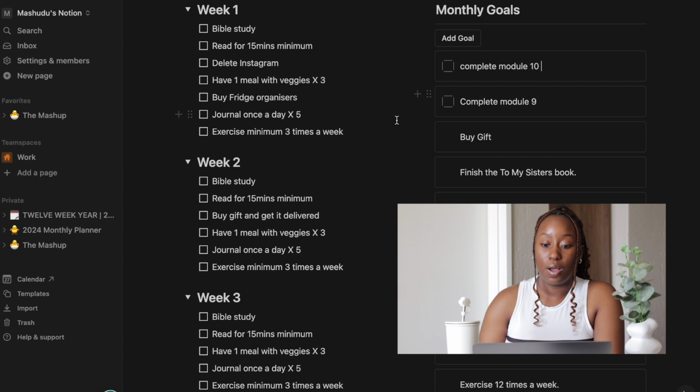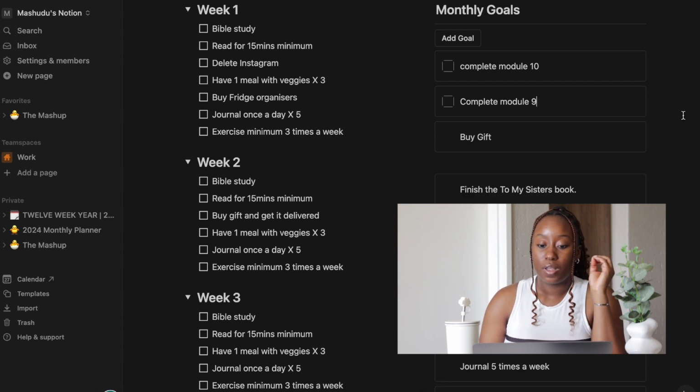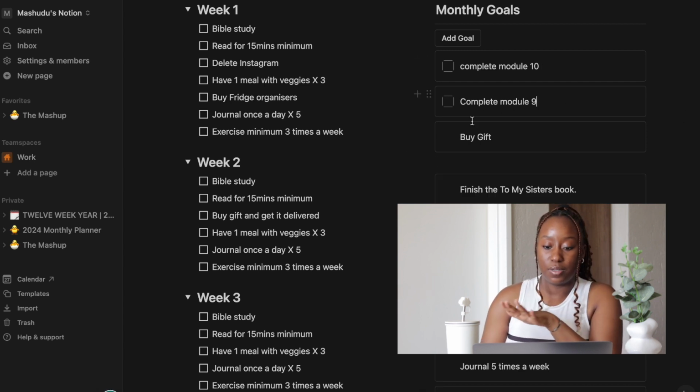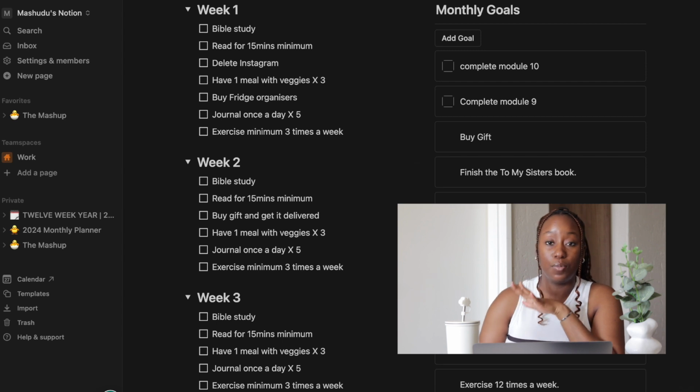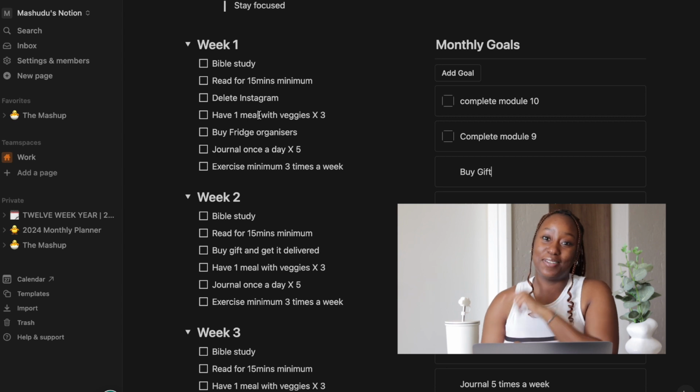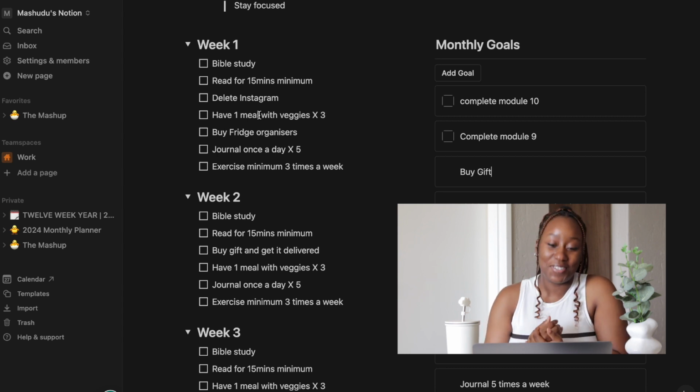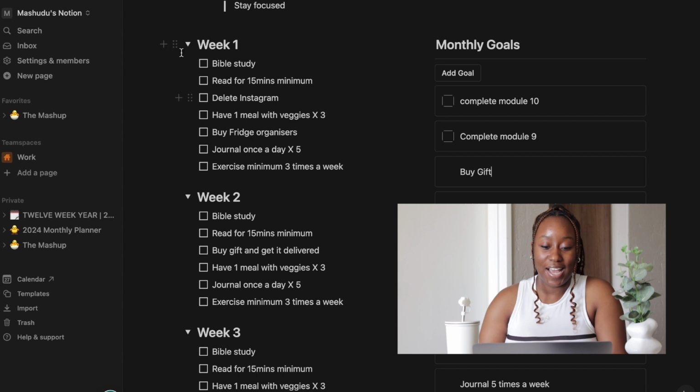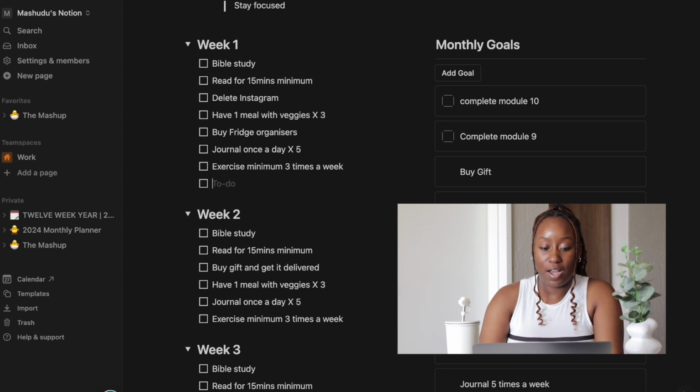This is becoming long, but I don't worry too much about completing module 9 and module 10 because it's compulsory. I have to do it anyway. By week 1 I should have completed module 9 because that's when it closes, and then by week 2 I should have completed module 10 because that's when it closes as well. So I don't really have a choice here, but I'm gonna write it down.